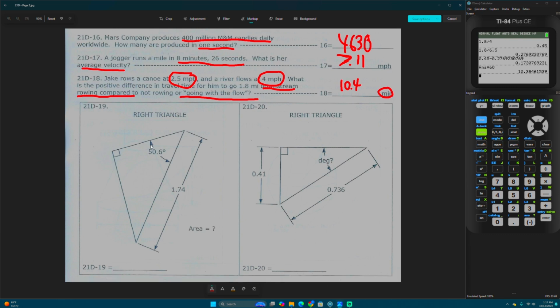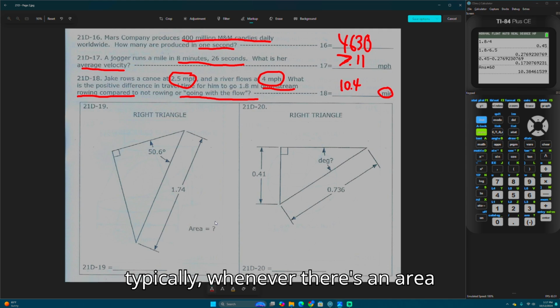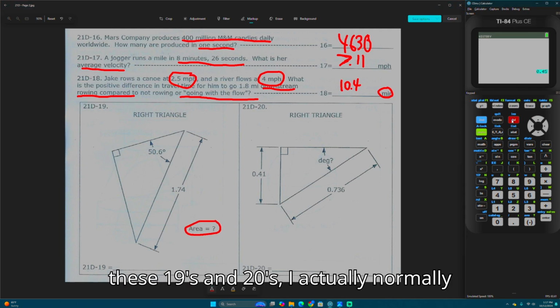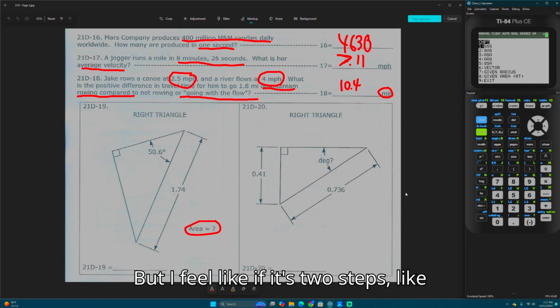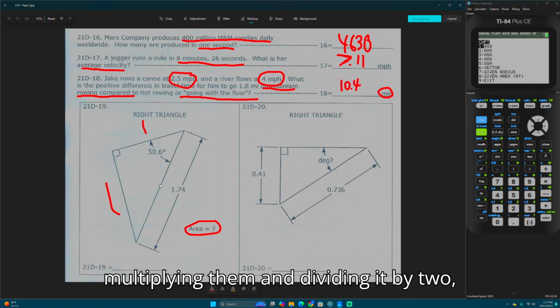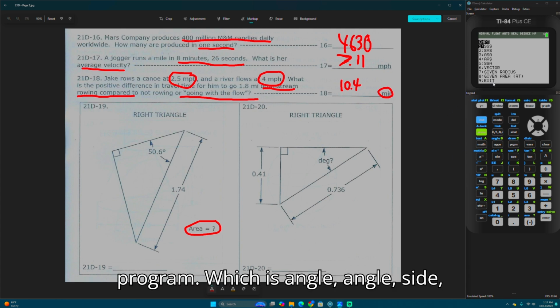Okay, so now we have an area problem, and typically, whenever there's an area problem, let me try redrawing that. If you have to do more than 2 steps with these 19s and 20s, I normally use the program. I could solve it by hand, but if it's 2 steps, like finding this side, that side, and then multiplying them and dividing by 2, I feel like it's faster just using the program, which is angle, side,